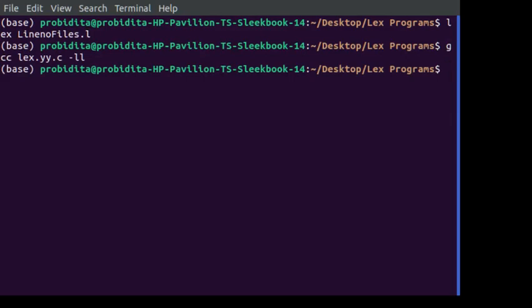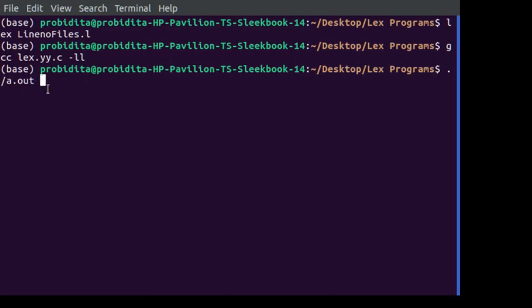Alright, now let us run. We'll use ./a.out, but now remember we have to give the names of two files. I already have a file called test1.txt which has 3 lines. I will show you in a while.